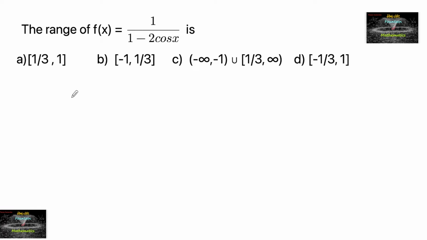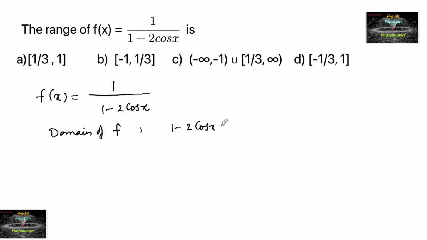The range of the function f of x is equal to 1 upon 1 minus 2 cos x. Before finding the range, the domain of f can be taken as the set for which 1 minus 2 cos x cannot be equal to 0, that is, cos x should not be equal to 1 by 2. Okay, and now for cos x not equal to 1 by 2,